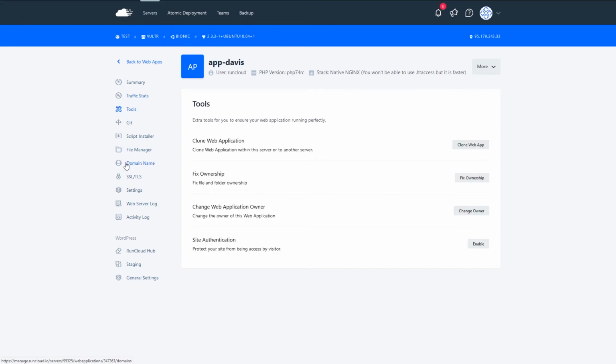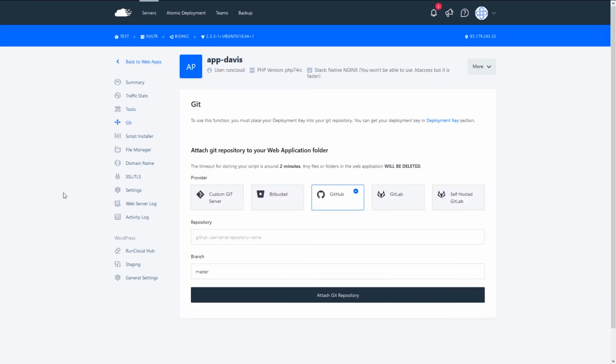There are a couple of tools in the tools tab. You can now clone web applications, which was not possible before, and also change the application owner and enable HTTP authentication. So there will be a pop-up with a password in front of your website. Not everyone can access it. This is one of the really nice things of RunCloud, is that you can connect this to your custom Git repo from any location, and